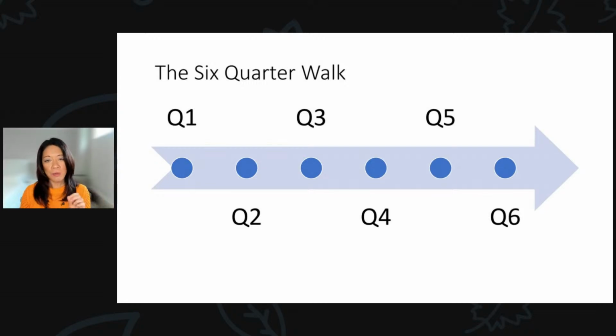And I think this is so important because having a plan, you can always change it. And the beauty of the 6 quarter walk is that at the end of each quarter, you're extending it another quarter and you're also revising that plan. What Johan had said before, making sure that your strategy is highly adaptive is absolutely crucial when creating a generative AI strategy. Because I guarantee you, things are going to change.